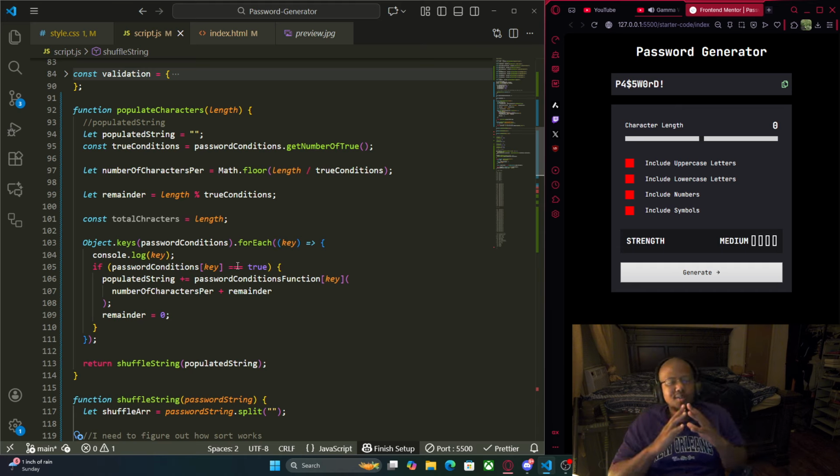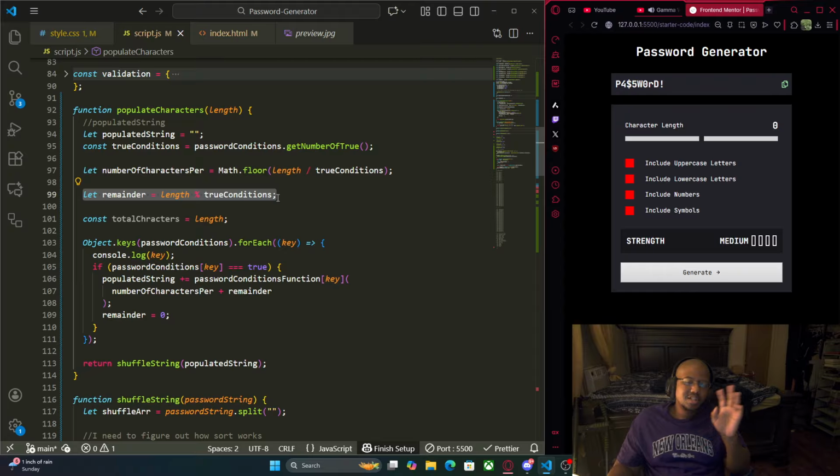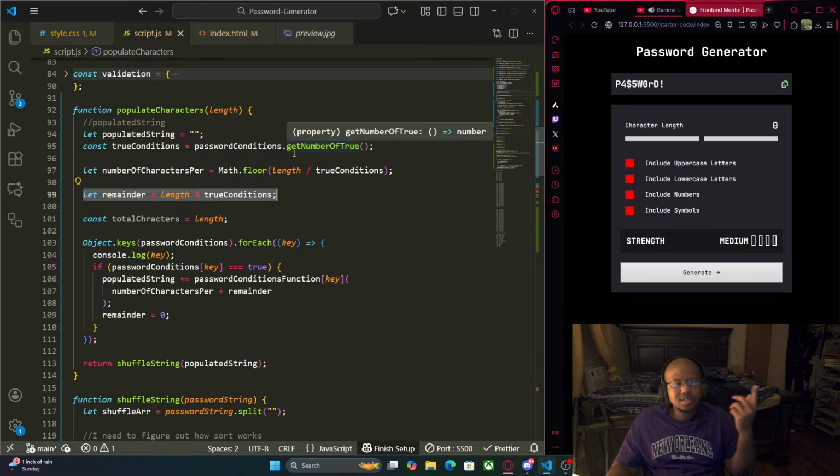So I figured out why I was adding so many characters. So right here we would do the remainder, right? And we would add everything, and say if it was 10 characters, and then we did three different conditions, and so that would mean there's one left over because three can go into 10 three times with one remaining. 3 times 3 is 9. 10 minus 9 is 1. So we have one remainder. What would happen is that as this was iterating over the password conditions,